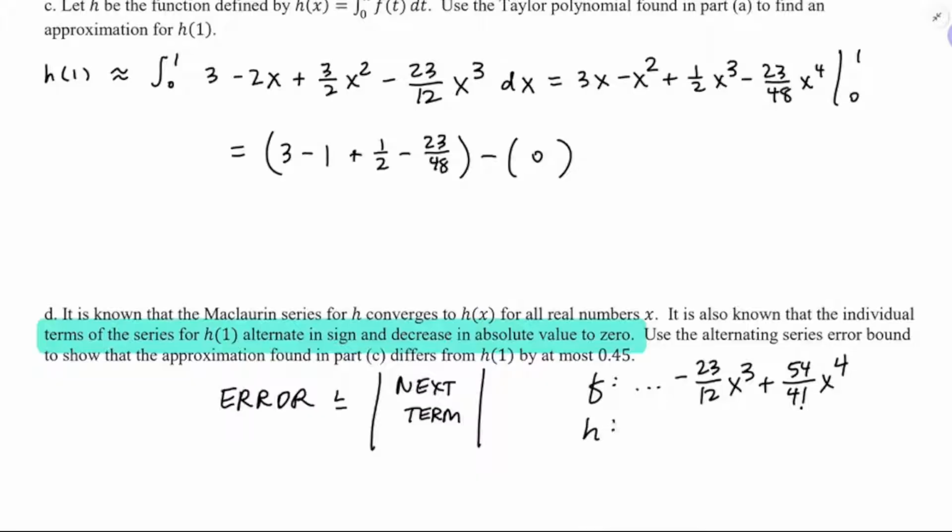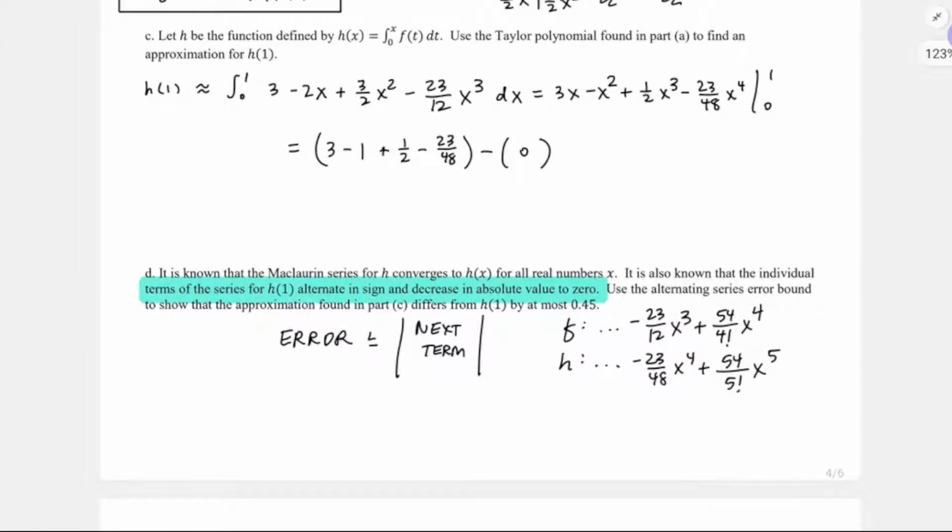No, h, which is an antiderivative for f, is going to have some stuff. And we get up to that fourth power term, negative 23 over 48 x to the 4. And we need to antidifferentiate this thing. So that would be 54 over 5 times 4 factorial. This is going to be 5 factorial. That's where that factorial is coming from. I was thinking about doing this a different way, and I just wasn't seeing it. Okay, so then when I plug in x equals 1, yeah, we're approximating h of 1, so we plugged in x equals 1. That would be 54 over 5 factorial,